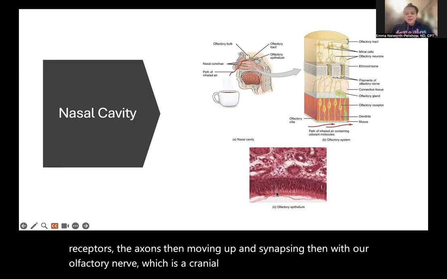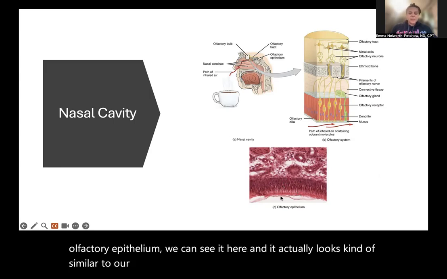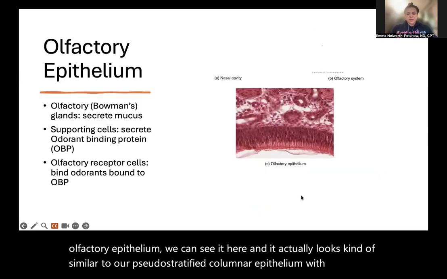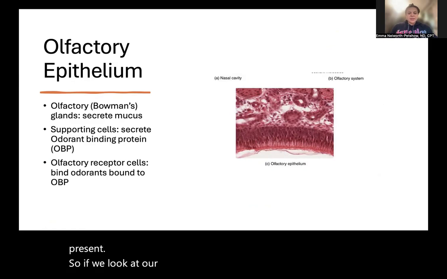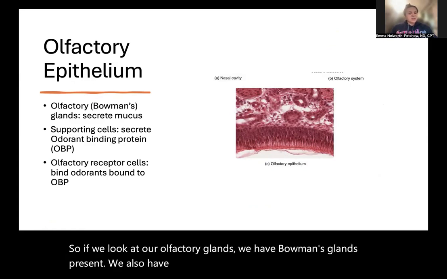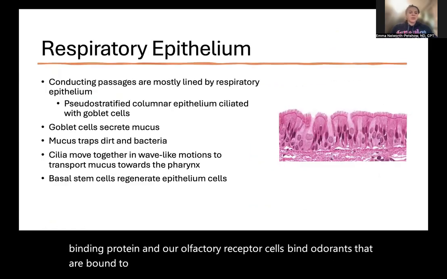When we look at the olfactory epithelium, we can see it here, and it actually looks similar to our pseudostratified columnar epithelium with cilia present. If we look at our olfactory glands, we have Bowman's glands present. We also have supporting cells. These secrete odorant binding protein, and our olfactory receptor cells bind odorants that are bound to these odorant binding